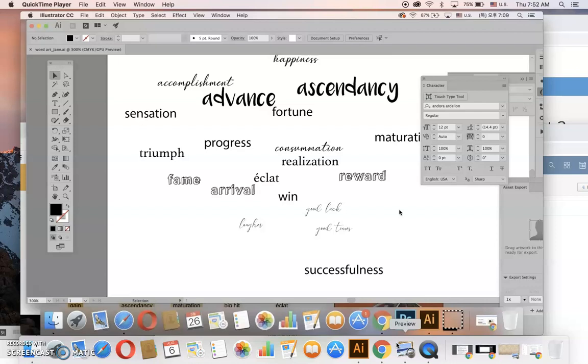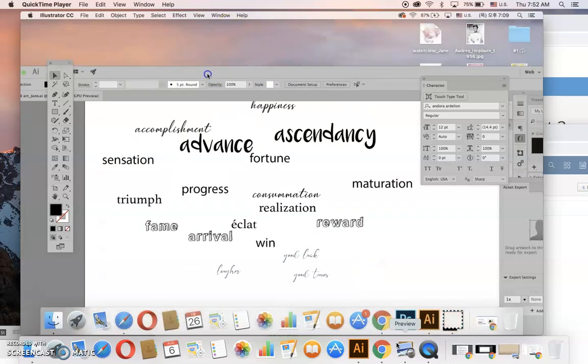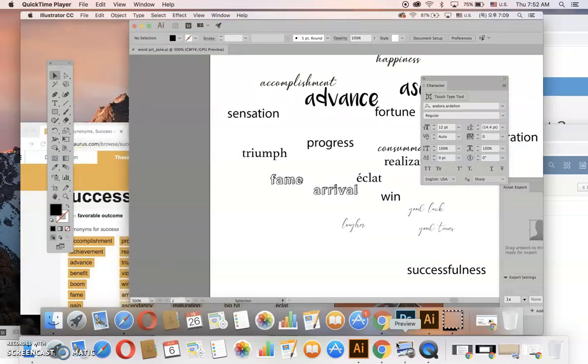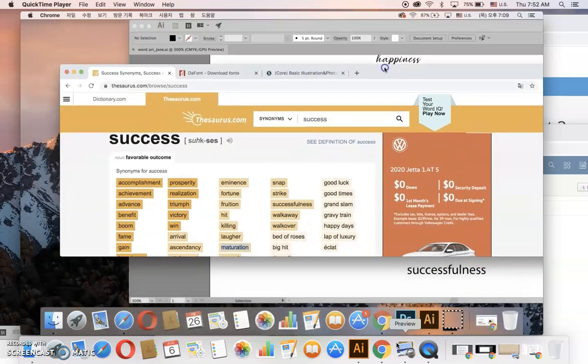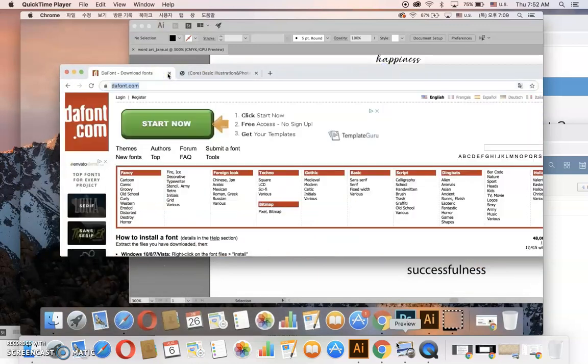Okay, the other thing that I wanted to show you is what's called the DaFont website. Have you ever heard of the DaFont website? That's called DaFont. So I'm just going to close this window because